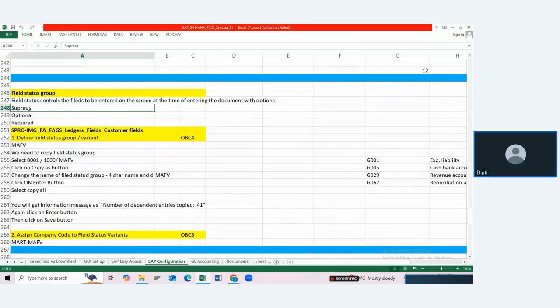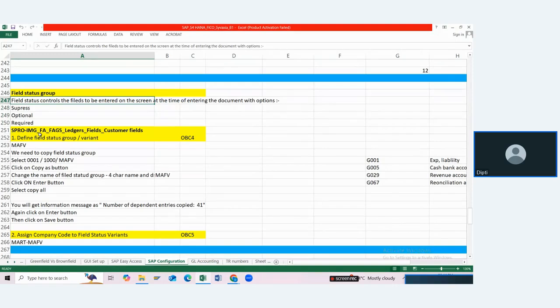There are many fields on a screen which can confuse the user. If they are not necessary for users and the field is appearing on a screen, it will confuse the user about what exactly is to be done. That's why those fields can be hidden. This is called the status of the field. So this is called field status.